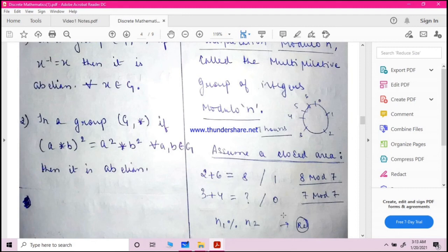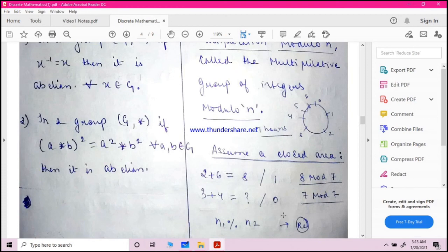7 hours. So if I am adding 6 plus 2, I should get 8. But I am not getting 8 because there is no 8 in the clock. I'll get 1 again. So this is the concept. What I have then done is simply performed the modulus of the number.